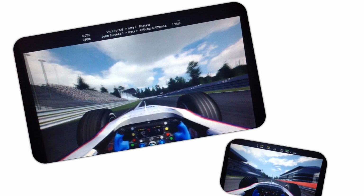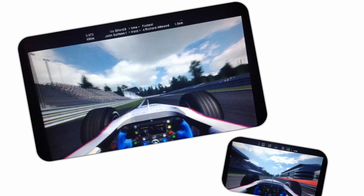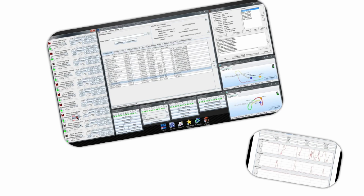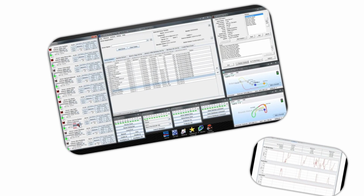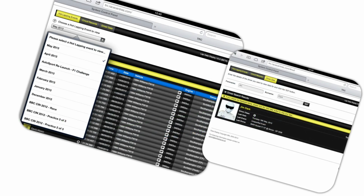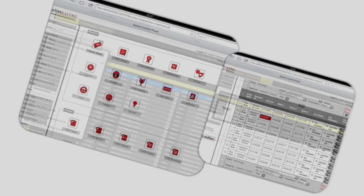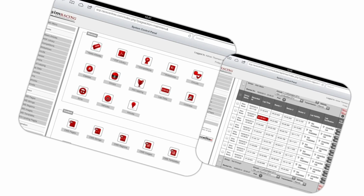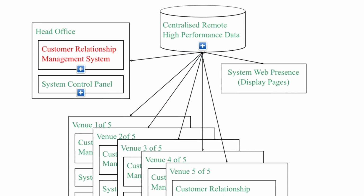It has the flexibility to work with any PC-based systems, with or without motion, with single or multiple projectors, or TV-style displays. The heart of the package is the live event management. These components allow your operators to efficiently deliver great events and customer service. Combine this with the automatic data capture, web display and management, plus the option to integrate bookings and payments, and you have all you need for your customers to enjoy visiting your venues and show your website to their friends